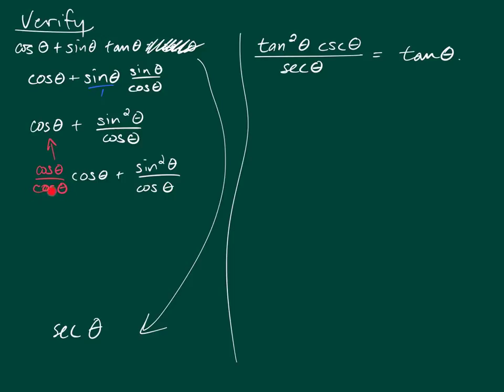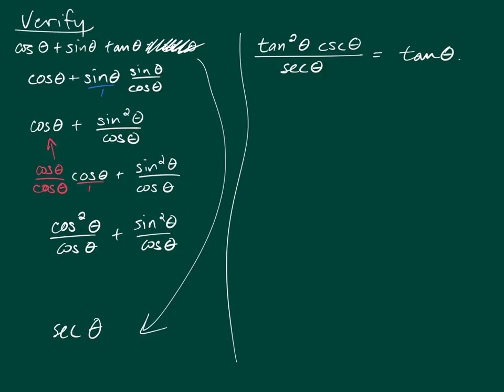I've got a cosine in this denominator and a cosine in this denominator. Don't go canceling these. You're doing this so that you have a cosine in each denominator. So when you consider this cosine being over 1, you end up with a new expression: